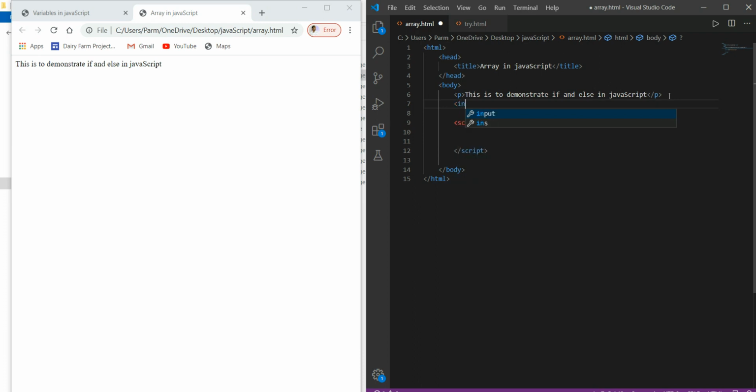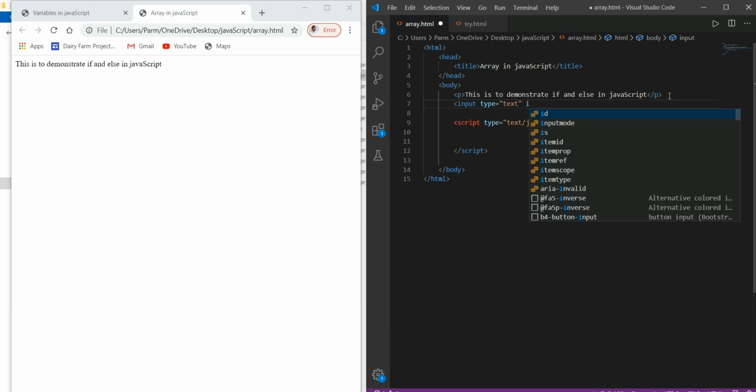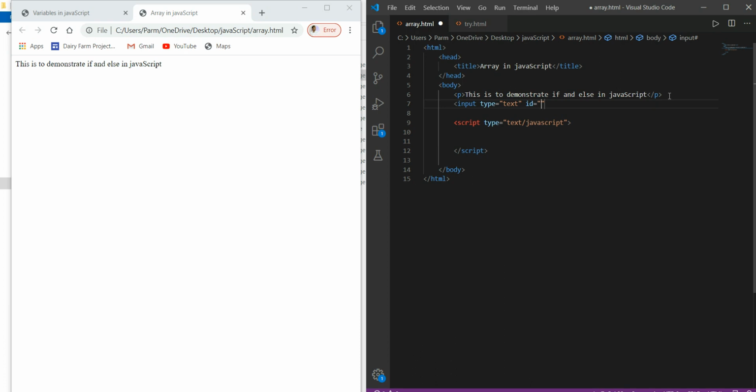So for this I take an element, input, with type as text, and I give it an id, say text1.